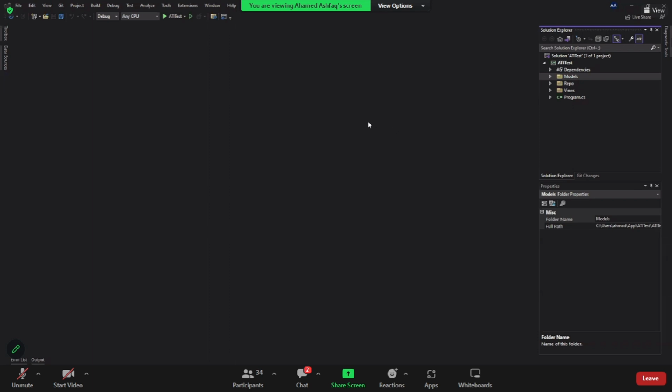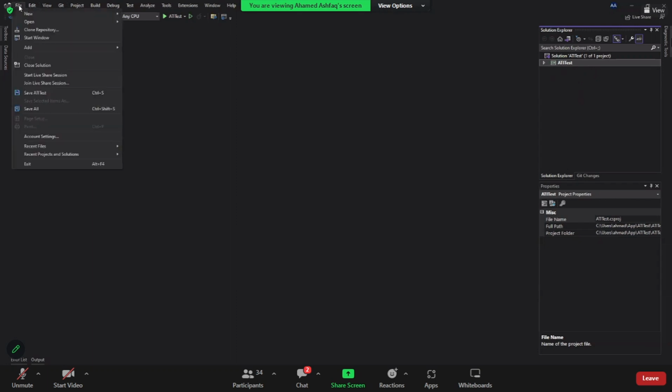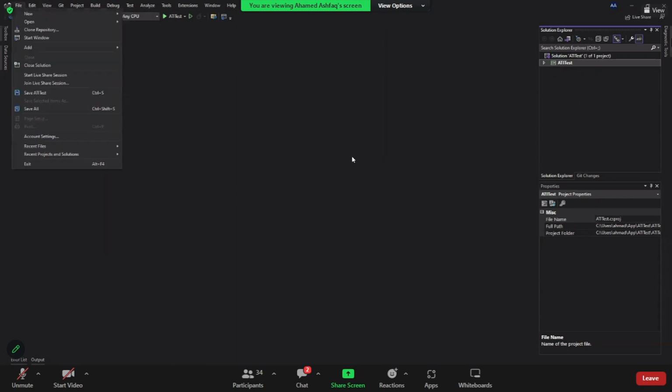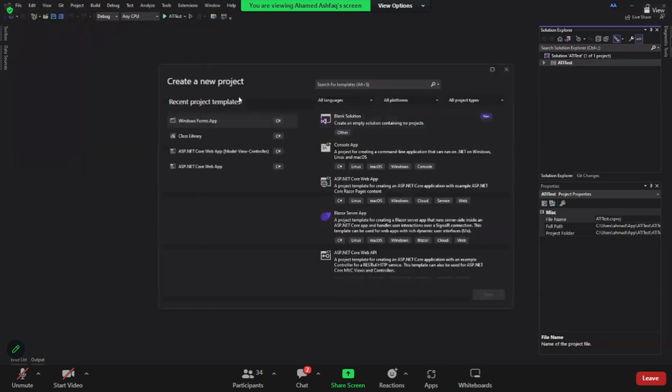If you go into advanced levels, you'll be able to use other IDEs as well. So this is the project that I have already created for you. In order to create a project, you just go into File, New, or if you start Visual Studio fresh, to show you, create a new project. You can press New Project, then you can choose